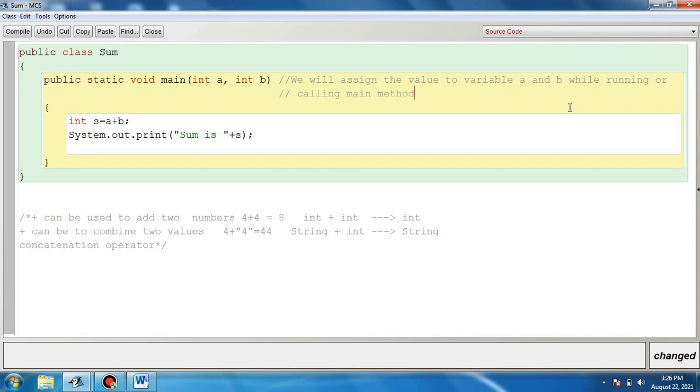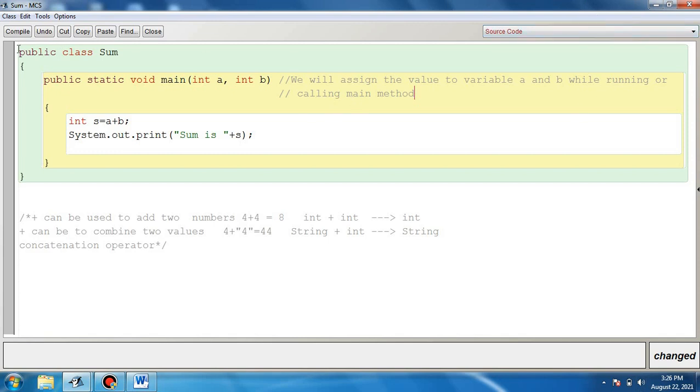When we are going to call or run the main method, because I have told you that Java program execution starts from the main method, at that time we will assign the values to the variables.